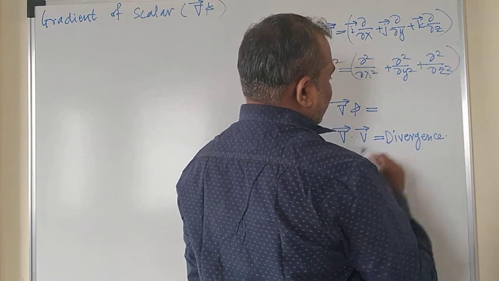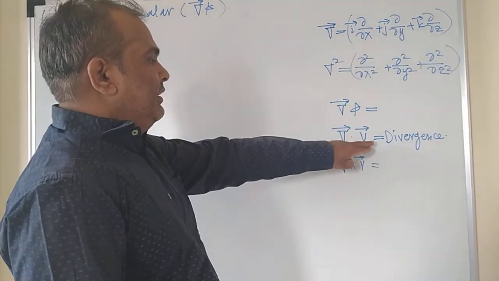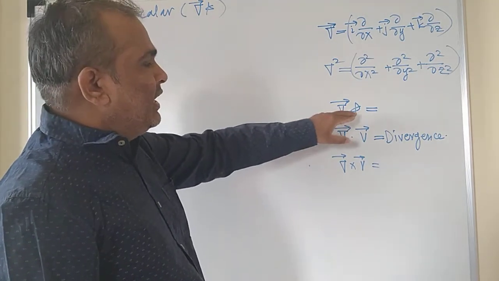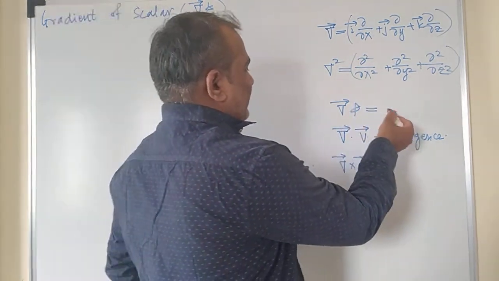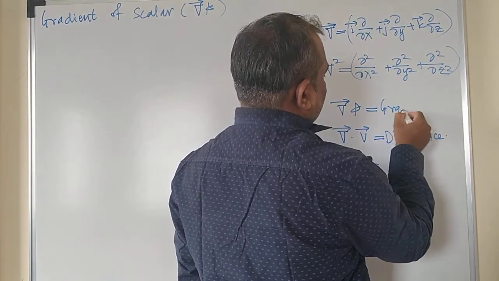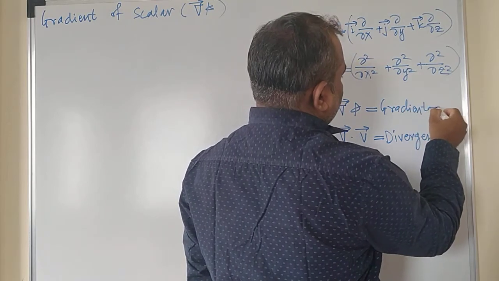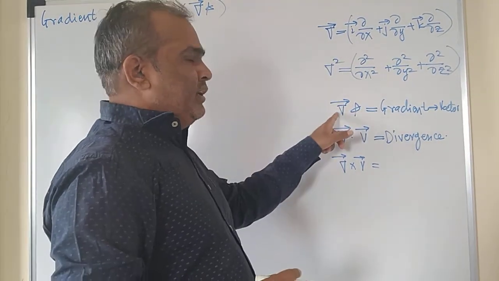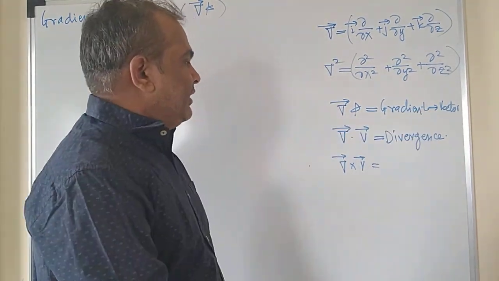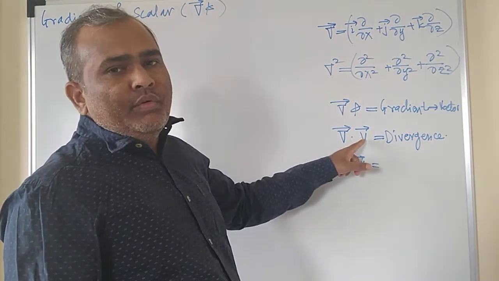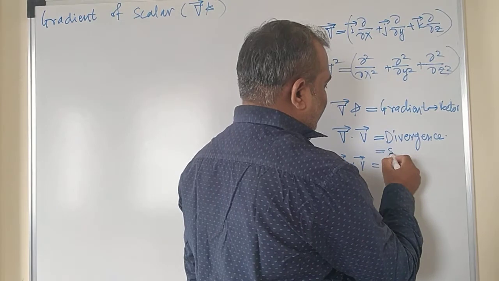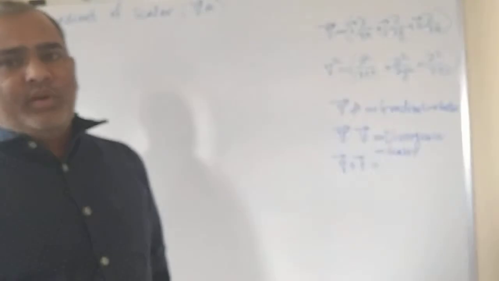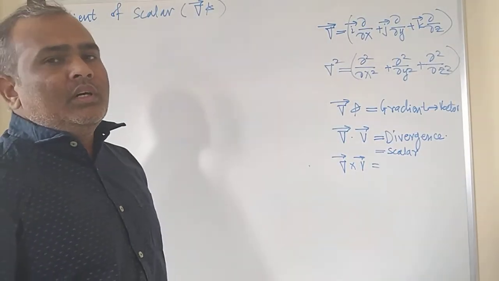Today we are going to study in detail. And del phi, that is the differential operator, is operated on the scalar point function, and therefore it is called a gradient of the function, and this gradient of the function is a vector quantity, right? Because a scalar is operated on the vector, so ultimately this gives you a vector quantity. Now this is a dot product of two vector quantities, so divergence is always a scalar quantity. Please remember. Now this is a cross product. Cross product of two vectors will ultimately give you a vector only.